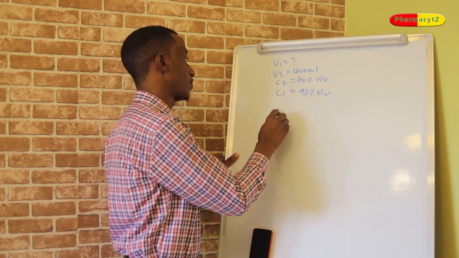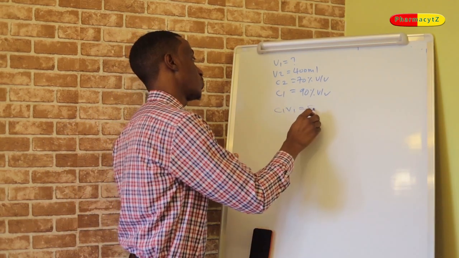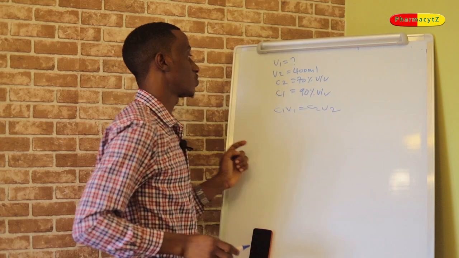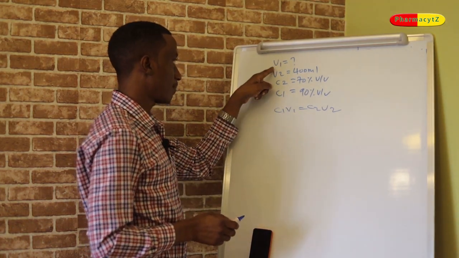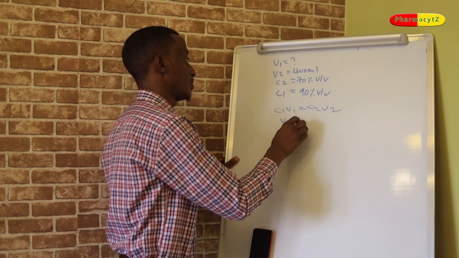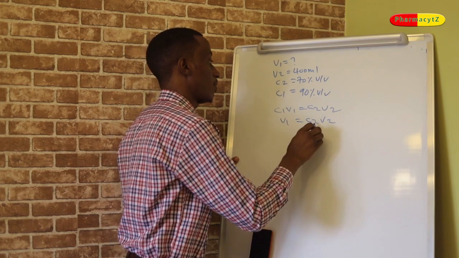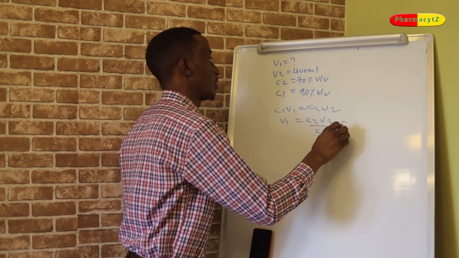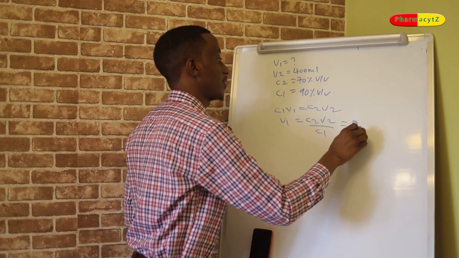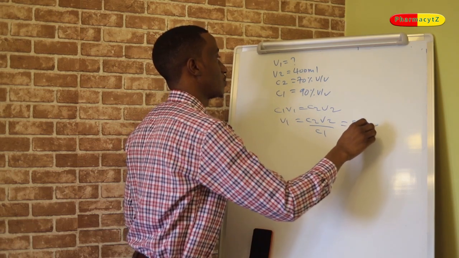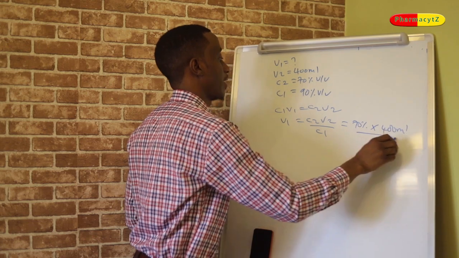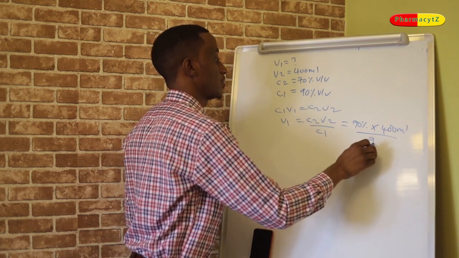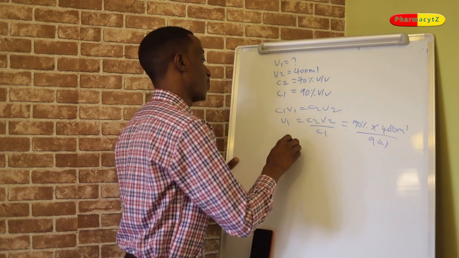So from the law of dilution, C1V1 is equal to C2V2. Making V1 the subject, this is C2V2 over C1. So concentration 2, this is 70%, times volume 2, this is 400 ml, divided by concentration 1, this is 90. So volume 1 will be